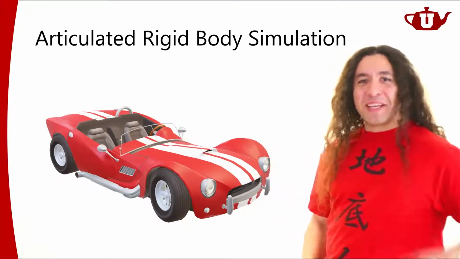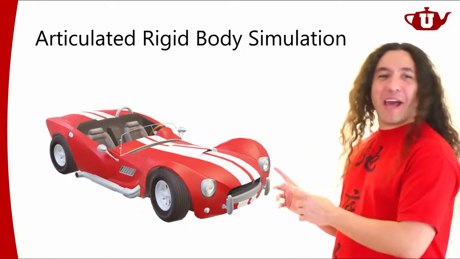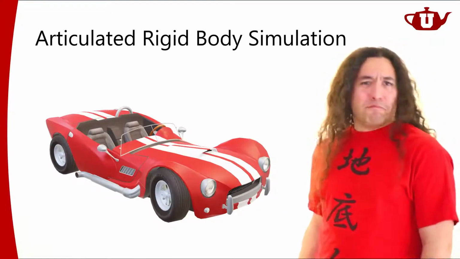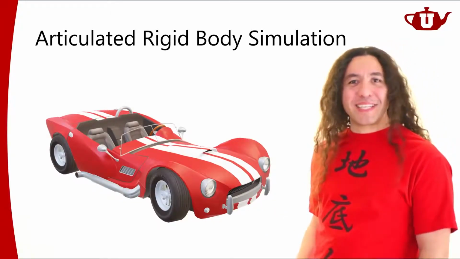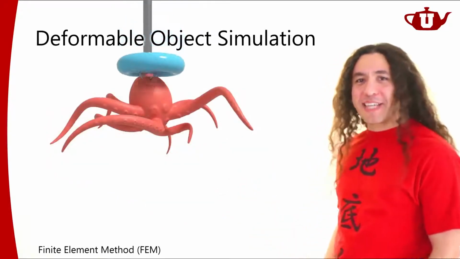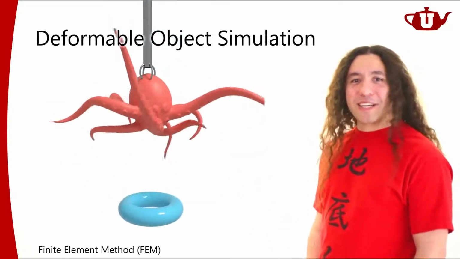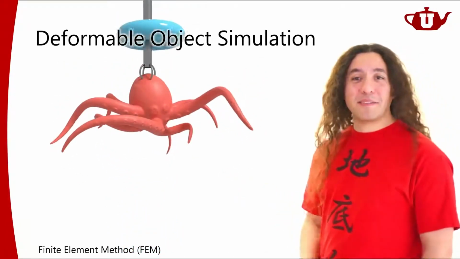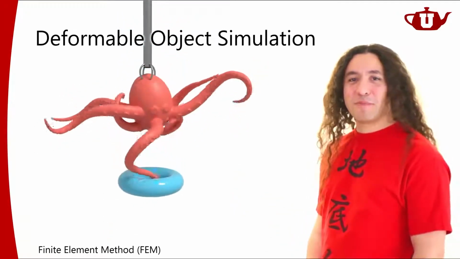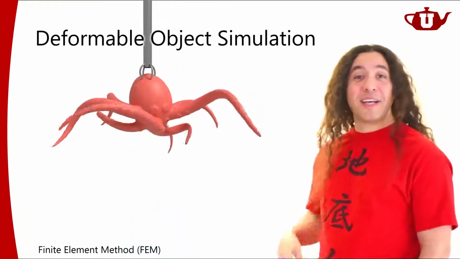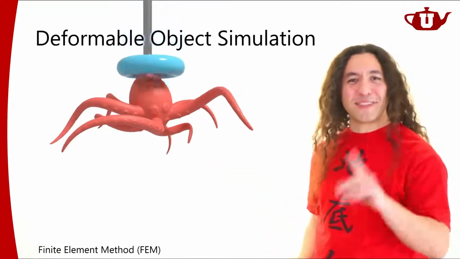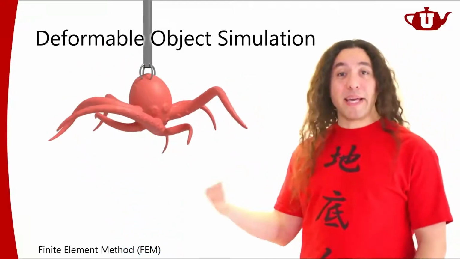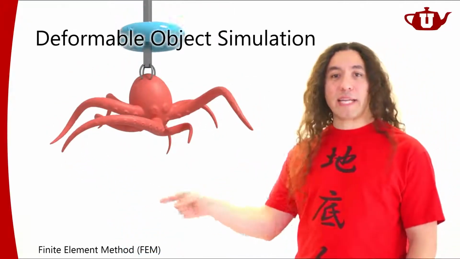Let's move on. So if I don't want to have rigid bodies, what kind of bodies do I want to have? I want to have probably deformable bodies, right? So let's look at deformable objects. So here's an example deformable object simulation. Now this is from a recent work that we're actually working on. The legs are deforming. That's what's important. And the particular simulation method used here is what's called a finite element method.